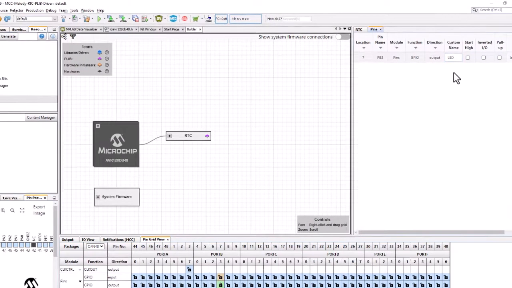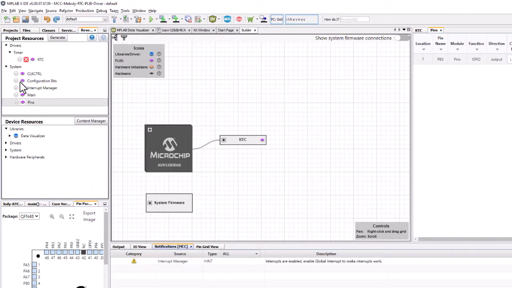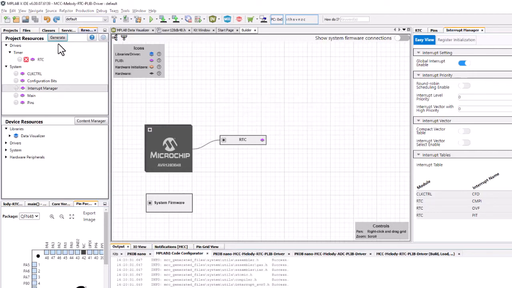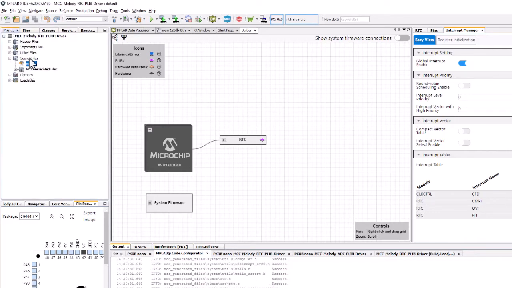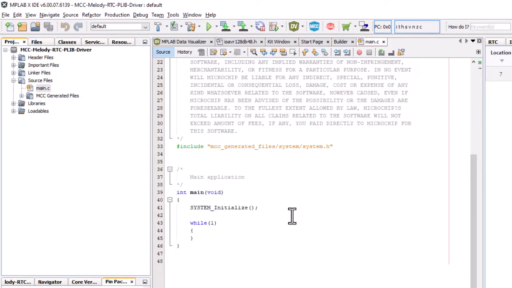We still have that notification, so interrupt manager, global interrupt enable, and I think we should be good to go. Generate code, come back into our project. So coming into main, we will just